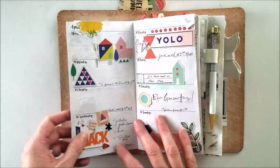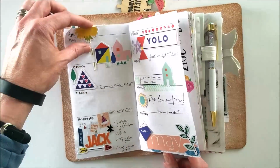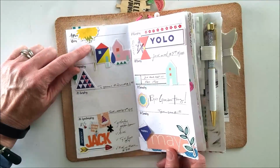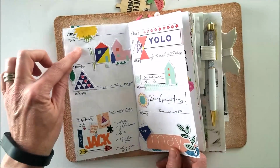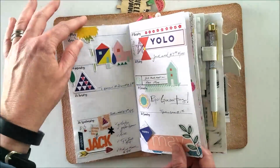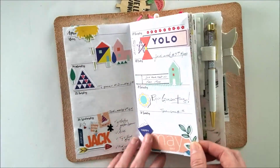This is Studio Calico. I was their guest designer for May, and so I did a few spreads. This one I was cute and I loved it, but it was looking ratty after a few months. I just slit the paper and stuck this in like a flower. So I just slit it 4 times, and then I just weaved it in and out. It was actually on this page originally, and then I flipped it over and weaved it on the other side. So this page could see it, but